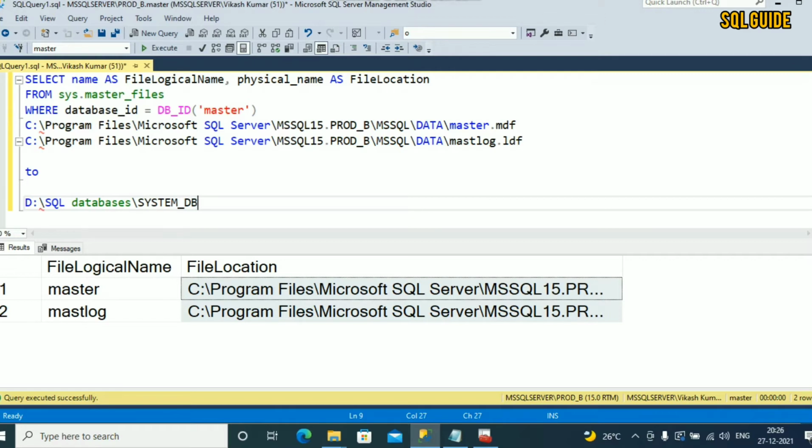One thing you need to note, we cannot change this path with the alter database command. It can be changed in SQL Server Configuration Manager. So let's connect to SQL Server Configuration Manager.